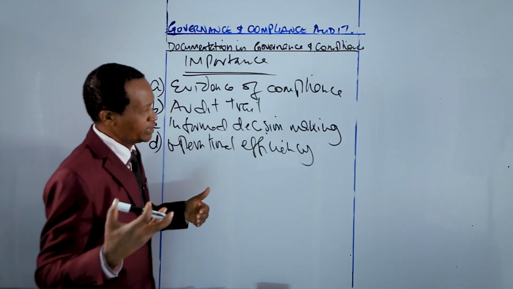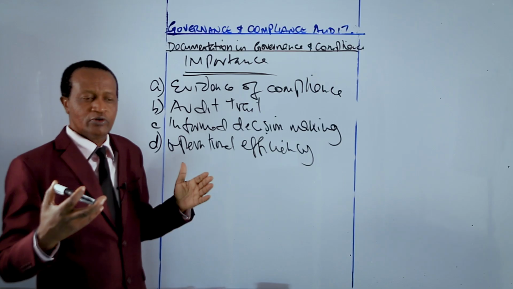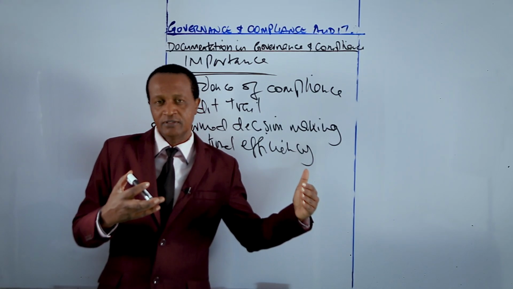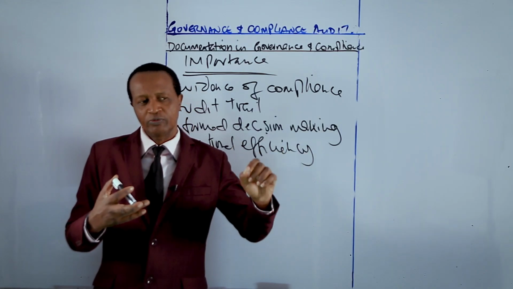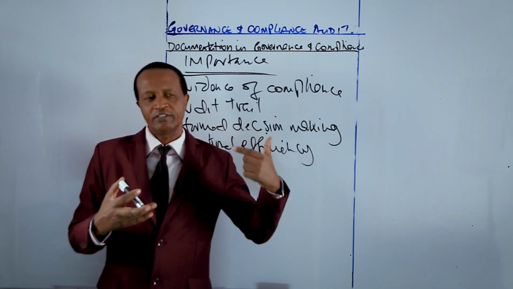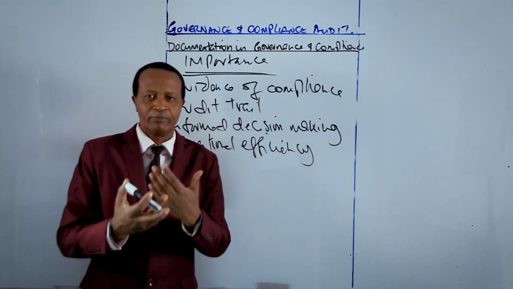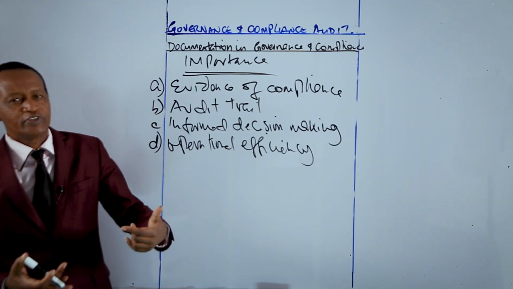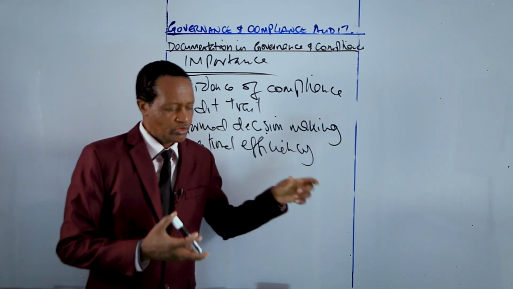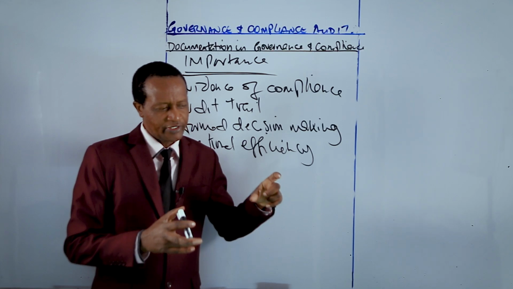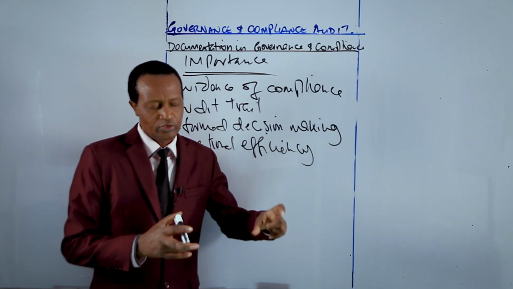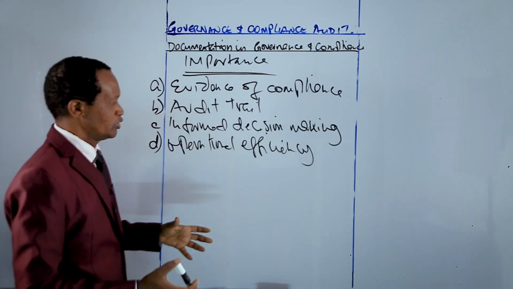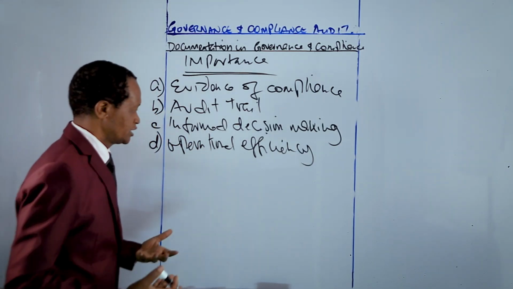But of course, previously we had studied documentation from the perspective of the auditor. And when looking at documentation from the aspect of the auditor, we then refer to that documentation as audit working papers, which are documents prepared or obtained by an auditor to provide a record of the work performed. The auditor has to provide a record of work performed, a record of evidence that is obtained, and also the conclusions that are reached. All that is contained in what we call the working papers, which we discussed previously.